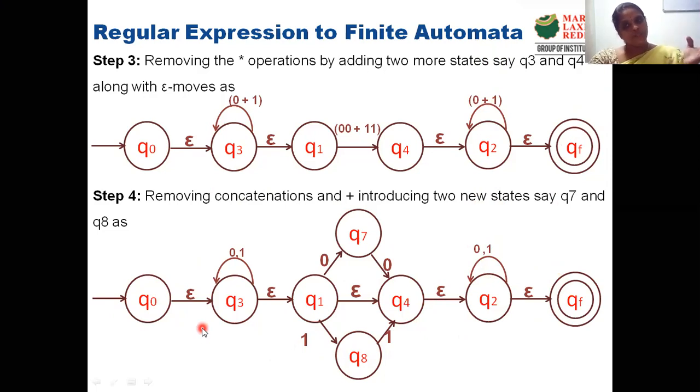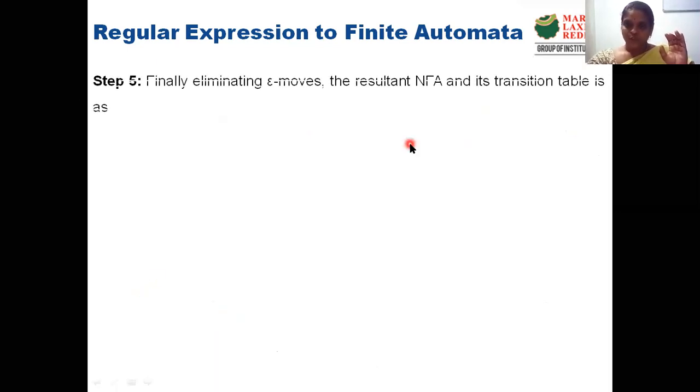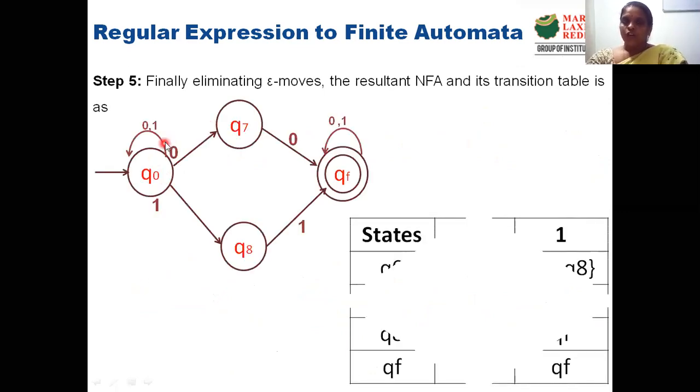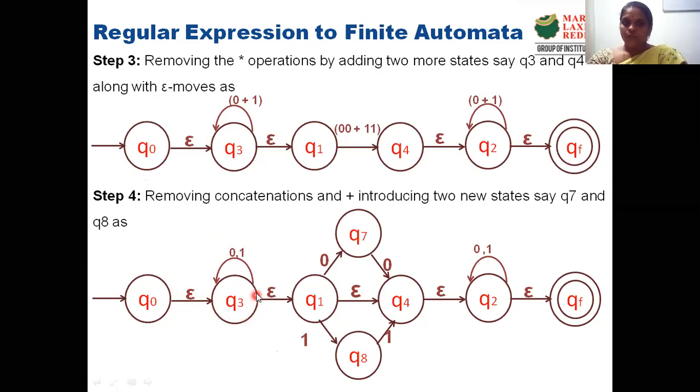So now our duty is, this is what epsilon NFA. Now we have to convert this epsilon NFA into NFA by removing all the epsilon moves here. So now removing the epsilon moves here, we can eliminate these epsilons that we are having here. We know how to eliminate the epsilon moves, as we already discussed in our previous lectures. So these three states will be merged together, and finally we'll arrive at a single initial state, and the same process is carried over at the final state.